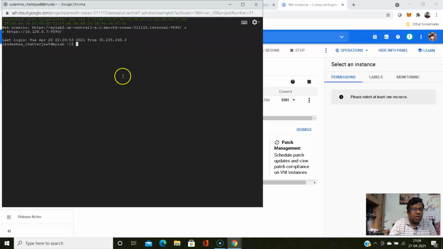Now you are in the Linux shell. Let's become an administrator, switch to root. Now I am root. Let's see the version.